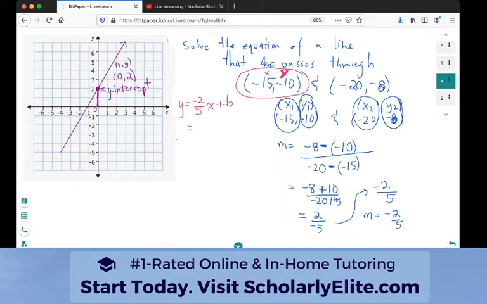So here we go. We're going to plug this in. We've got the x here, so we're going to go negative 2 over 5 times negative 15. Oh, this is a 5 plus b. And the y goes here. That's negative 10. So overall, we've got negative 10 equals negative 2 over 5